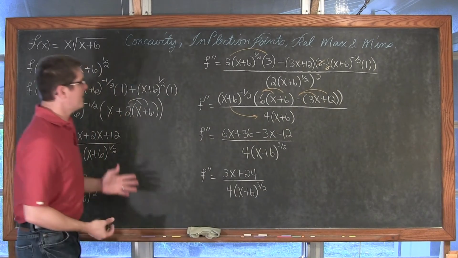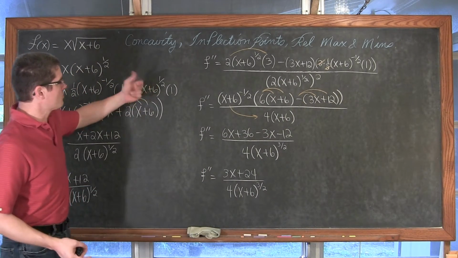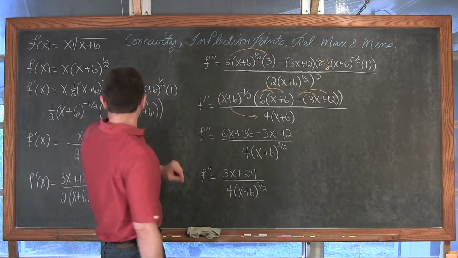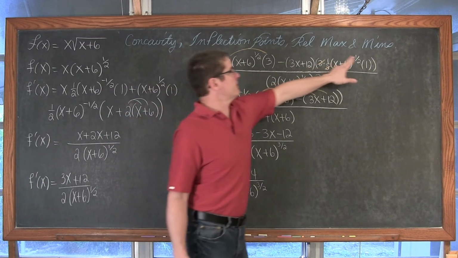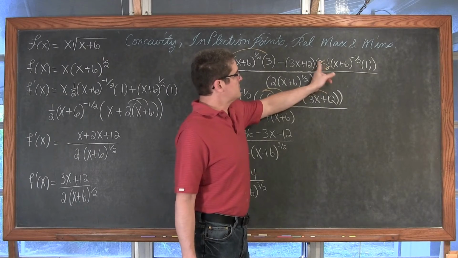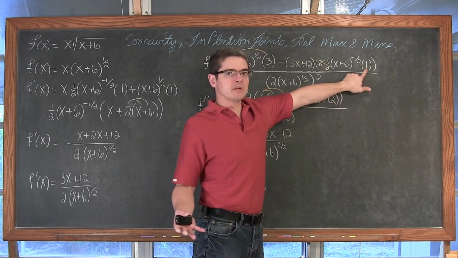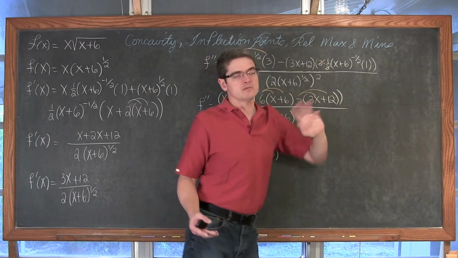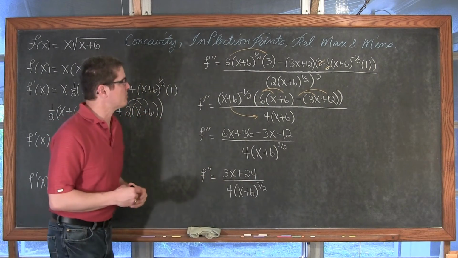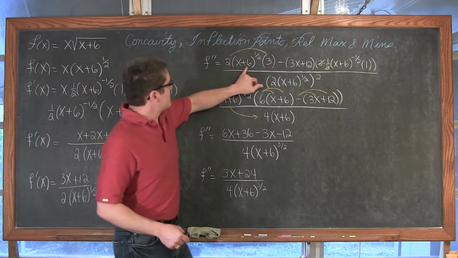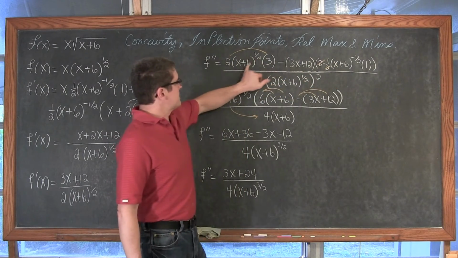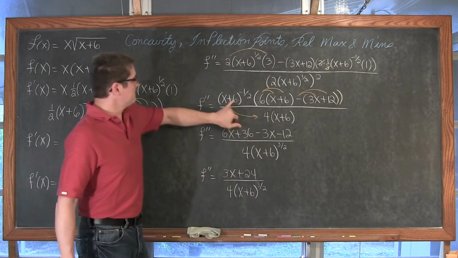Okay, so we've got just the quotient rule: the denominator times the derivative of the numerator minus the numerator times the derivative of the denominator. Just showing every single step, and doing the times 1 again because I'm showing the continuation of the chain rule till I'm done, even though I'm just multiplying by 1. Might not show that in my own work. These again both have a common factor of x plus 6. You take out that lowest exponent.